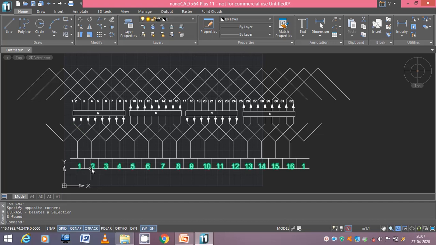It means I can place a brush at commutator segment 2. Just observe the next commutator segment also. In commutator segment 3, conductor number 3 and conductor number 8 are connected. Again the direction of both is the same. It means I can place one more brush at commutator segment 3.